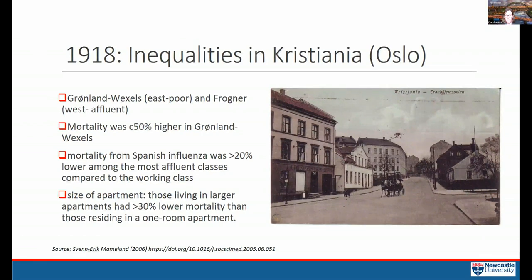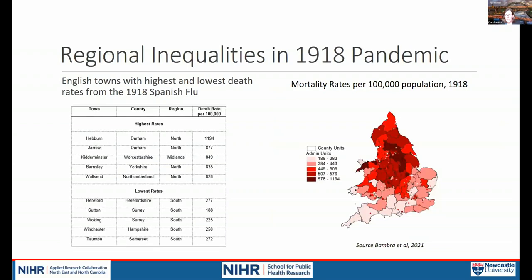So those with larger apartments, as a sign of affluence at the time, had lower mortality than those in much smaller, more tenement-type accommodation. Looking over into England and Wales, and working together with the historian Mal Johnson and a geographer colleague at the University of Leeds, Paul Norman, I analysed some of the data from the Registrar General for England and Wales from